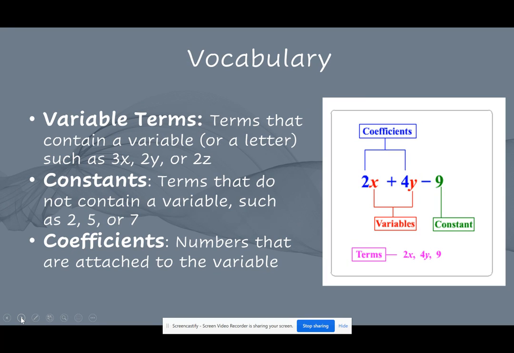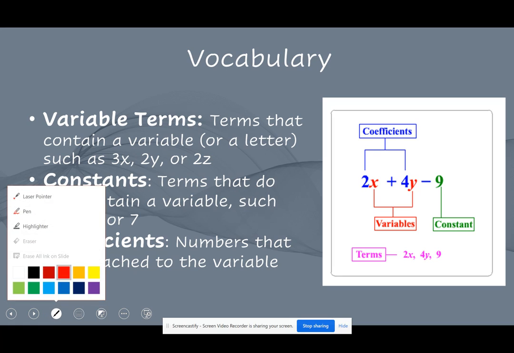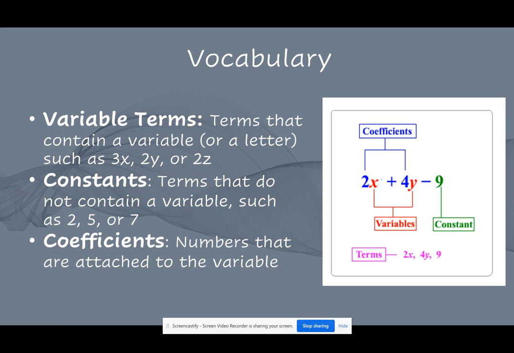So to start off, just some vocabulary. The first thing we need to talk about is variable terms. Our variables are our letters, like X, Y, could be A, B, C, D, any letter. So your variable terms are your terms that contain a variable or a letter. Like this whole 2x is a variable term. This whole 4y is a variable term, but this 9 is not because it does not have a variable attached